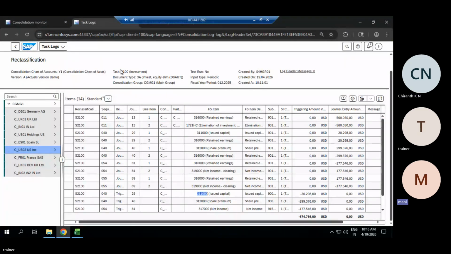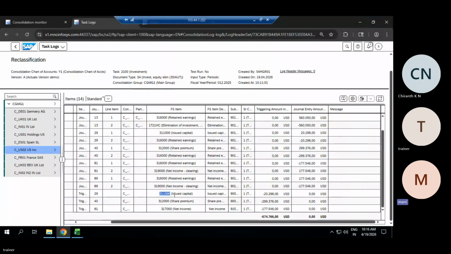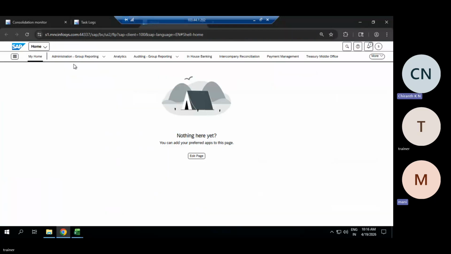So what happens now, Kiran, once you look at the data, it gives you a better picture of how the data is getting eliminated, how the calculation is happening. So looking at the data is the best way.